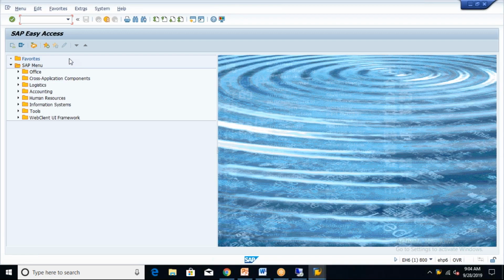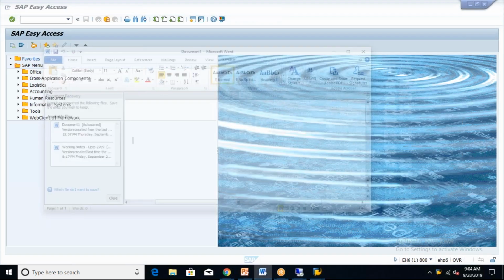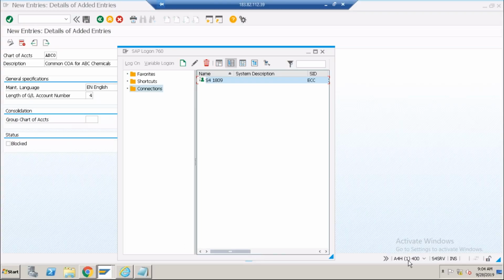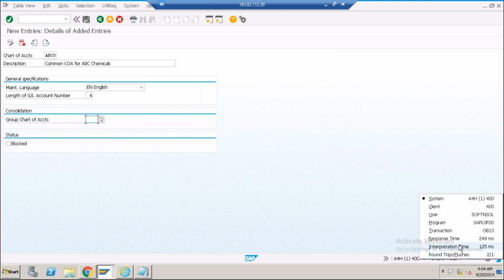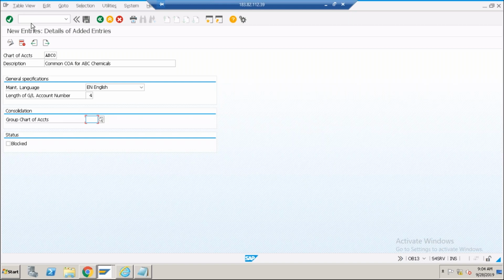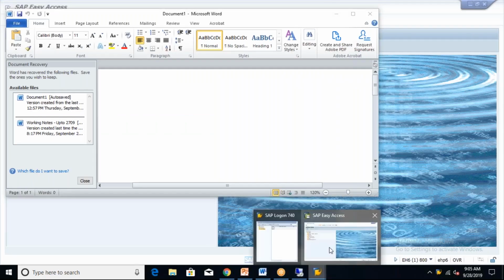Okay. So in ECC, if I show you the same thing, how can I go? I can go via the transaction code directly. Let's see what the transaction code is. So in order to create the chart of accounts, the transaction code is OB13. Okay, you can click here so that it will appear here. So instead of going through the SPRO path, if you directly write OB13, it will open the same thing. So if I show you OB13 in the ECC system,